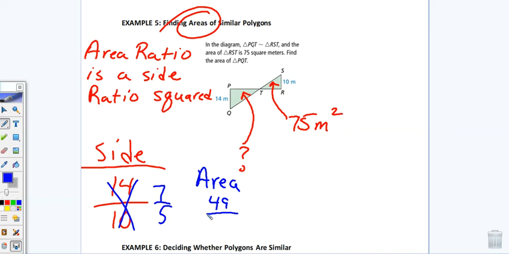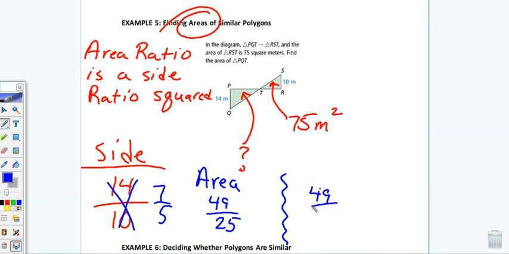49 over 25. So what that means is this. For every 49 squares in the bigger triangle, there are how many in the smaller one? So then you just times that by 10. Technically, yes, but here's how I would do it. If I know that there's 49 units in the bigger triangle for every 25 over here,